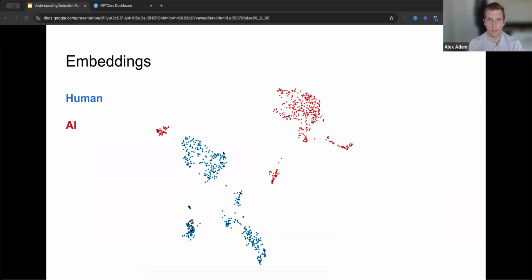So in practice, this separation is not so clean. So here's an actual visualization of the embeddings from our model. If you look closely, maybe see my mouse around this region, some of the red points, which are actual AI texts, are in the blue region, so surrounded by these human texts.